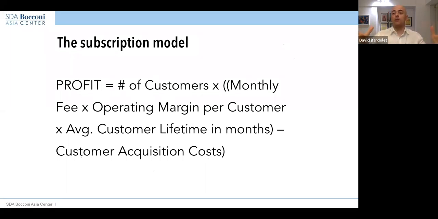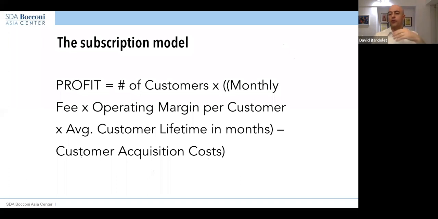Because this is your business model, right? This is your digital business model. And you have these 5 things to play with. And it turns out that the result is not good. So you need to improve it. So now you are pointing at actually doing things to this formula, right? Because that's the straightforward thing. Very good. You say, let's try to reduce the cost, right? So increase the operating margin. Or let's try to increase the customer lifetime. Or let's try to reduce the acquisition cost. Right? All the things that will lead to a better profit.